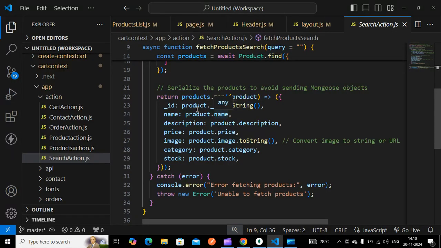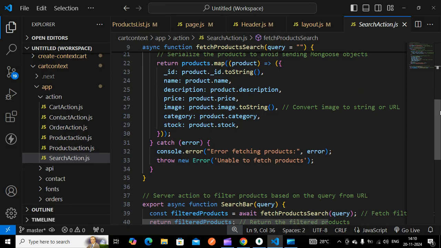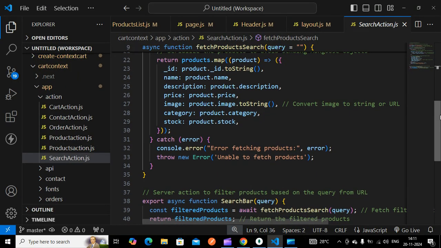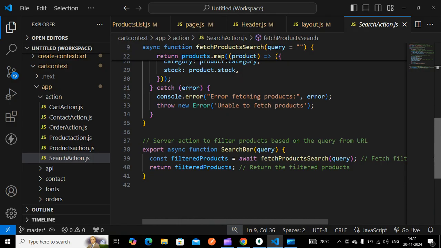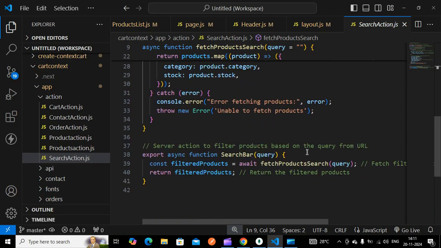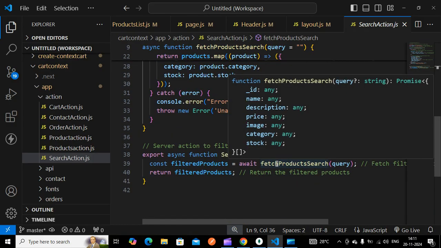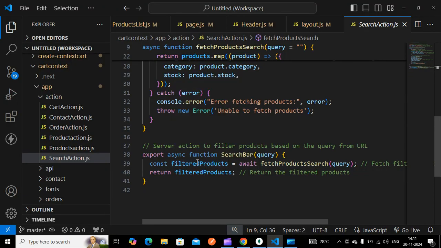For that we have to use the product dot underscore id toString method, so that we will not get any warning like how to pass plain objects from the server component to the client component. That warning we will rectify. So once we have written this, it will be returned to this filtered product.